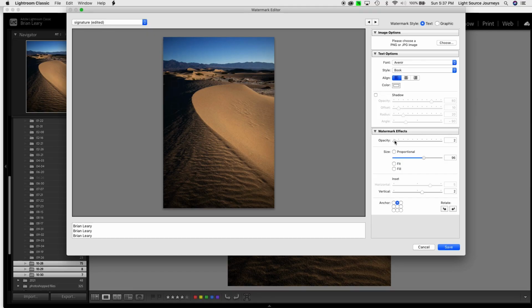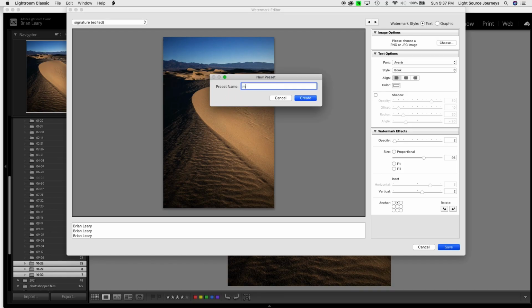You know, if I'm at 3 on this or at 2 on this and you're scrolling through Instagram, you're not going to see my name on there. It's going to still look like a good shot, and it's something that's very usable. Let's go ahead and hit save on that, and let's call this multiple personality, and go ahead and hit create,